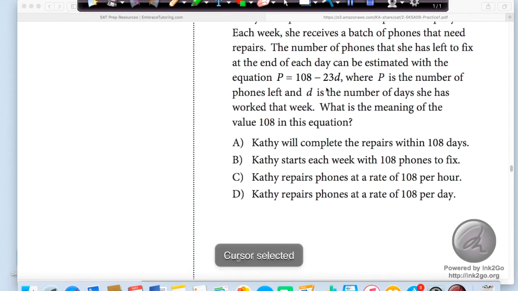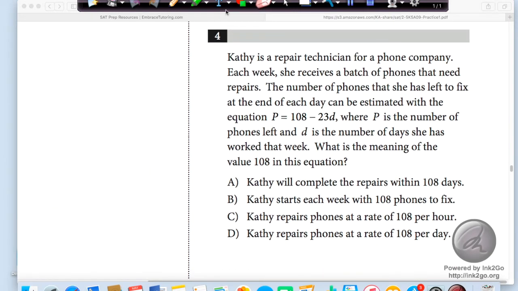All right. Question 4. Question 4 states, I'll do some work over here, that way it kind of makes it easier for you guys. Kathy is a repair technician for a phone company. Each week she receives a batch of phones that need repairs. The number of phones that